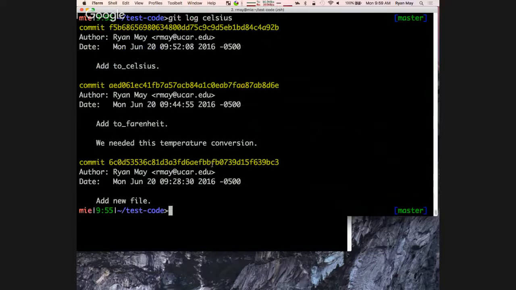So we've got a branch Celsius with stuff we like, and we want to put that back on our master branch. Like we want to merge those changes onto our master branch. This one's pretty straightforward in terms of command name. It's git merge. Since we're on the master branch currently, I can just say git merge Celsius. And that will say, take the changes on the Celsius branch and merge them back onto my master branch.